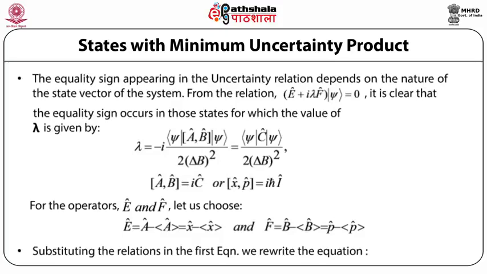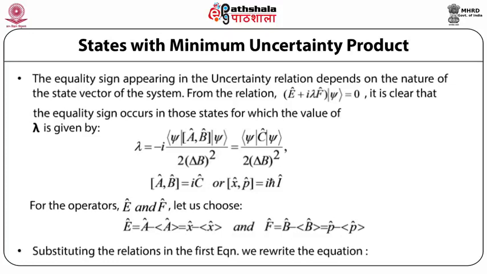From the relation (operator E plus iota times lambda times operator F) acting on the state vector psi equal to 0, it is clear that the equality sign occurs in those states for which lambda is equal to minus iota times the expectation value of the commutator of operator A and operator B in state psi upon twice delta B square, and this is equal to the expectation value of the operator C in the state psi upon twice delta B square,